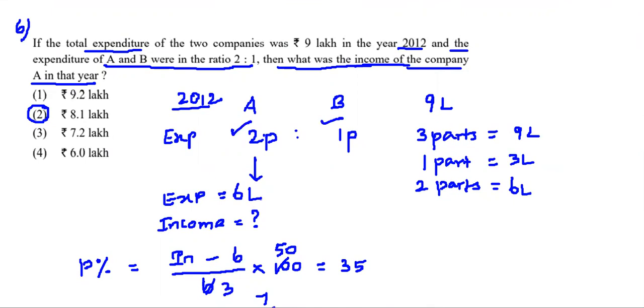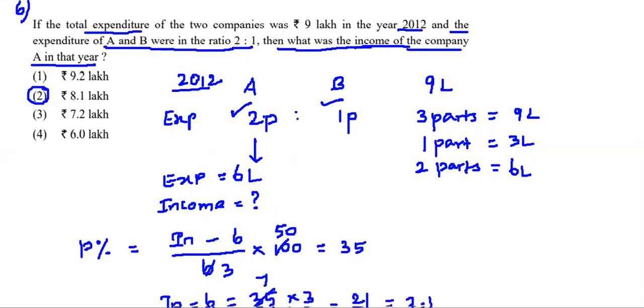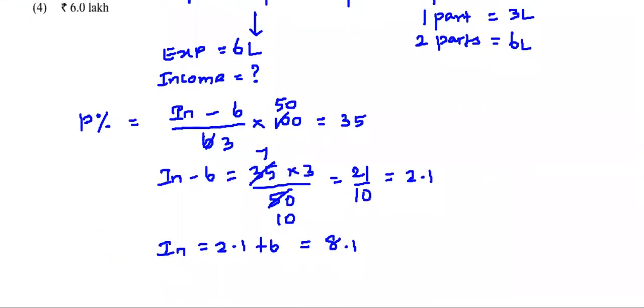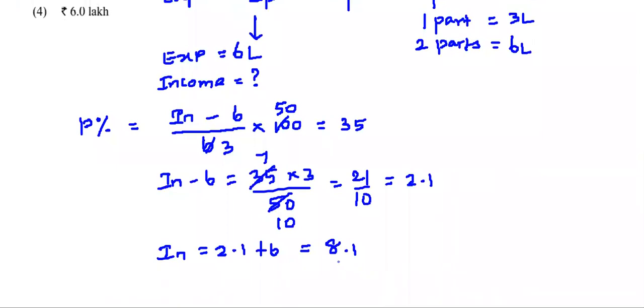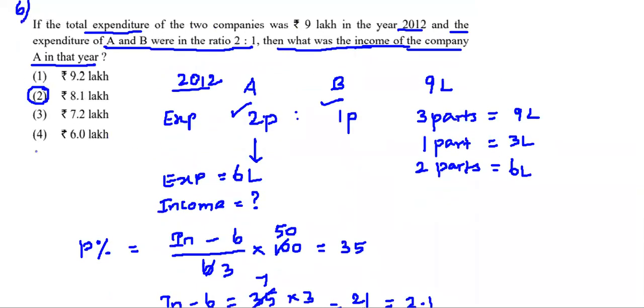We are not exactly taking the value 6 lakhs itself, because 6 lakhs will again consume the zeros. Instead of taking the entire value, we are just playing with that number 6 itself, because anyways we can finally insert that lakhs when we get our final answer. So the same thing is what we got here. Income is equal to 8.1 and that corresponds to the lakhs. So 8.1 lakhs is going to be the answer.